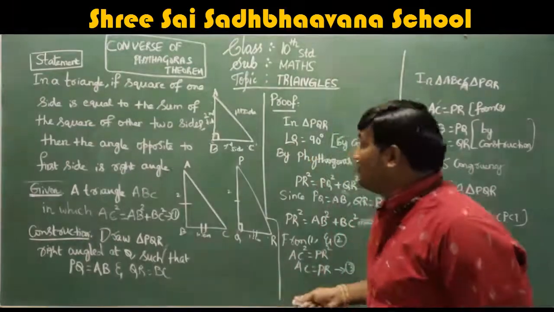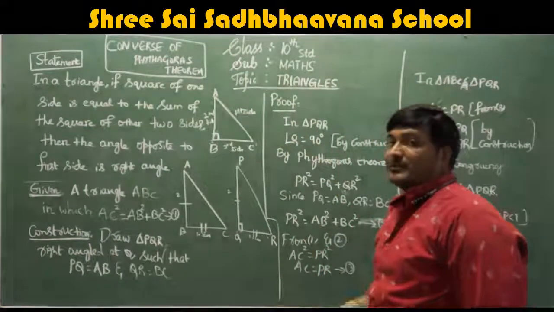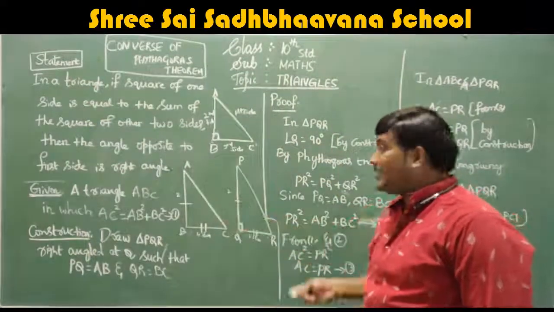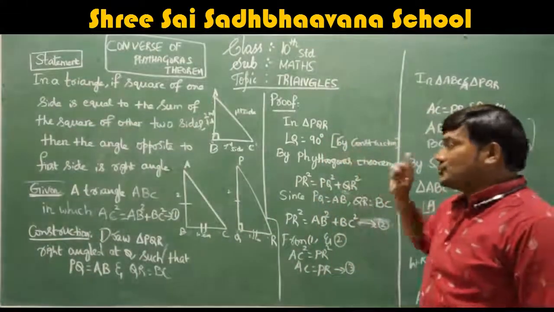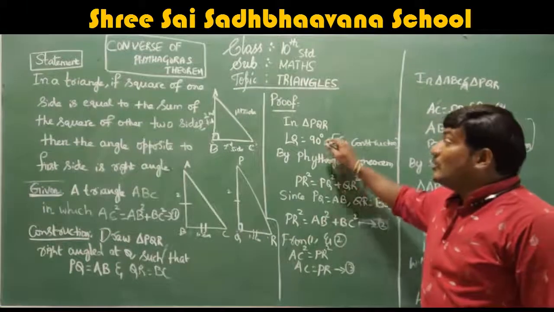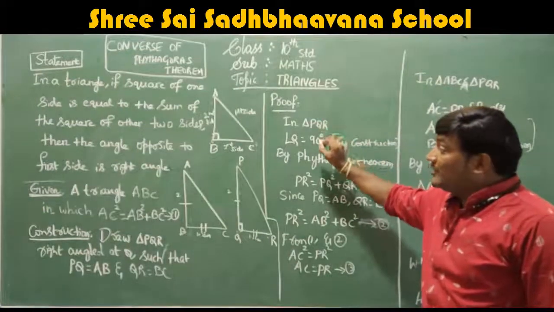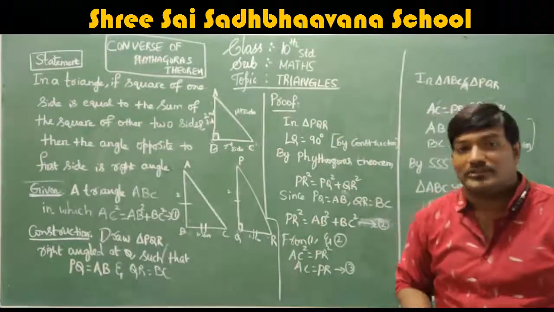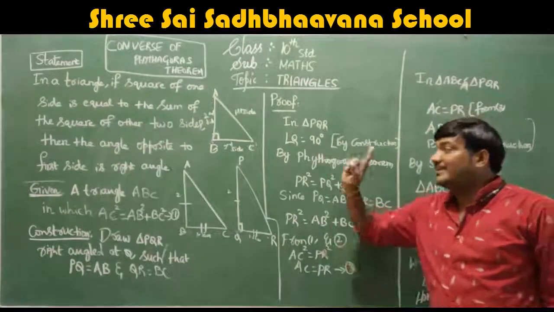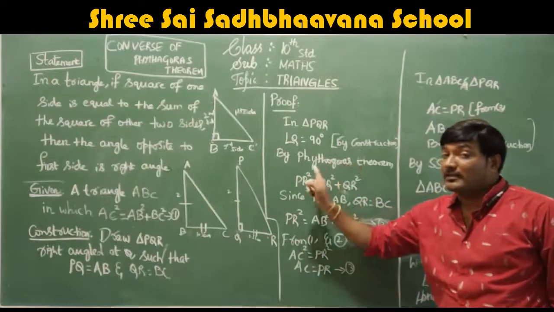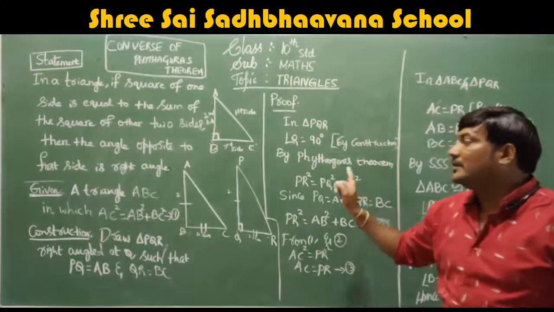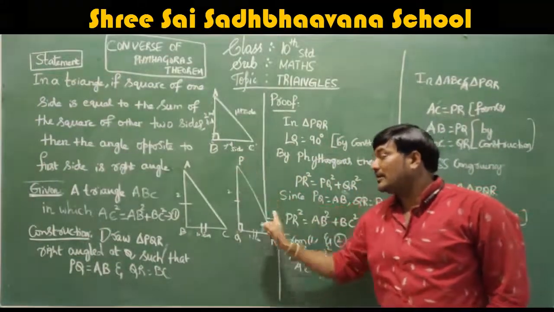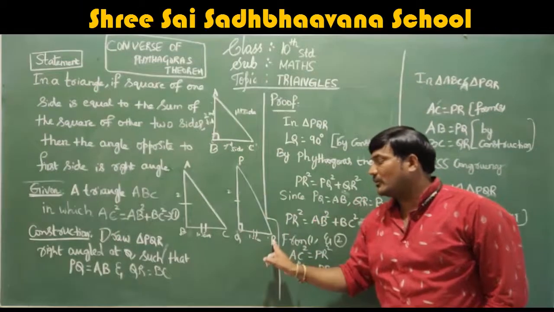In triangle PQR, we know angle Q is 90 degrees because we only constructed it like that. Correct? Angle Q is 90 degrees, and this is by construction. So triangle PQR is a right angle triangle because angle Q is 90. In a right angle triangle, we can use the Pythagoras theorem. So, by Pythagoras theorem, what is it? The longest side square, which means hypotenuse square,